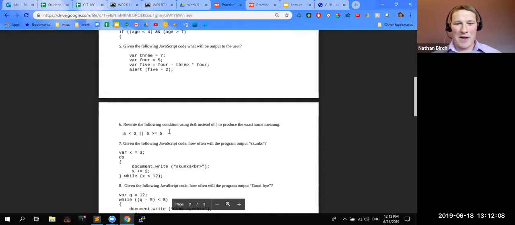434. All right, rewrite the following condition using ands instead of or to produce the exact same meaning. Okay, so right here I have a is less than 3 or b is greater than or equal to 5. With these questions, I like to think about what it will produce for me. This will give me everything when a is less than 3, so from 2 and under for a, or b is 5 and up. Okay, so I could be like, okay,